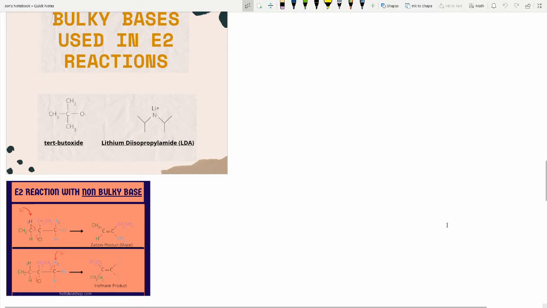In the first example, we see the usage of a non-bulky base in the E2 reaction. In this case, we have a hydroxide. In the top portion, the hydroxide is abstracting the beta hydrogen to the left of the leaving group. The double bond forms, and then the leaving group leaves. The product here is a tri-substituted alkene, because there are 1, 2, 3